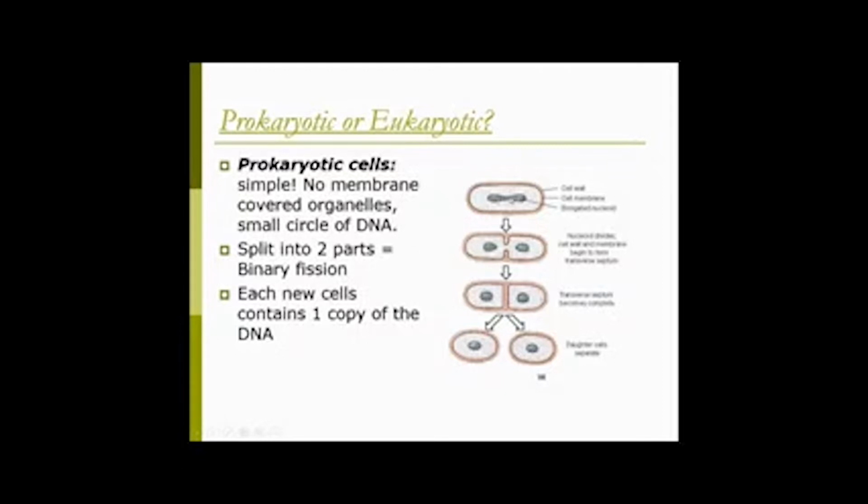So here's one copy of the DNA, another copy of the DNA. It divides in two. So you got one identical copy of the DNA here, one identical copy of the DNA here. And then it just splits using binary fission. And since it has a cell wall, it's going to have to build that cell wall and separate the two. It doesn't really look like it has a cell wall here, but they do. And then each cell has a full set of DNA, or a full brain.